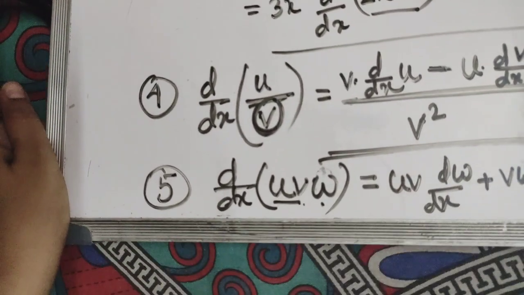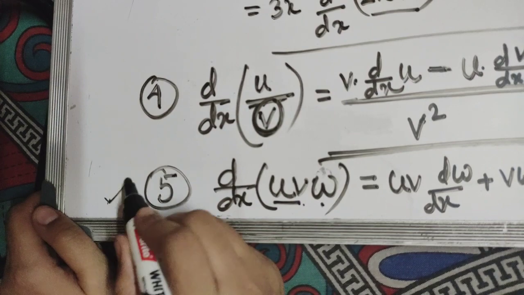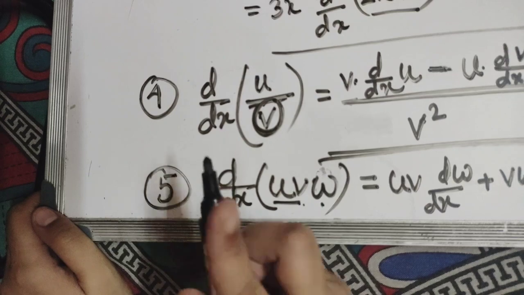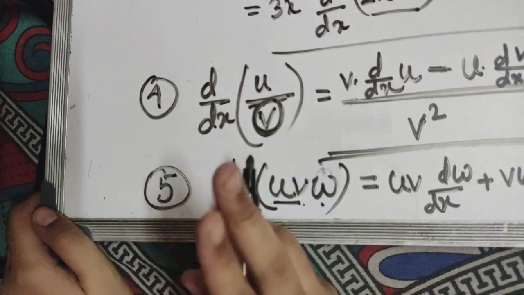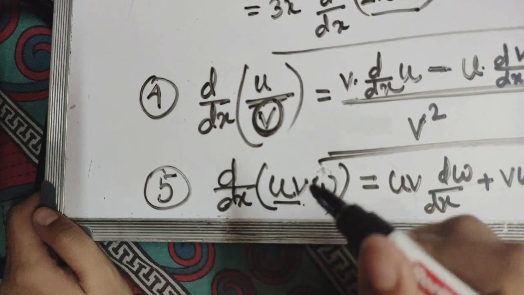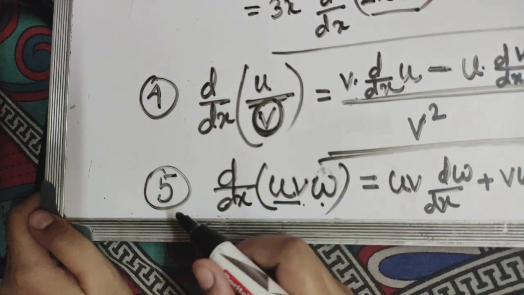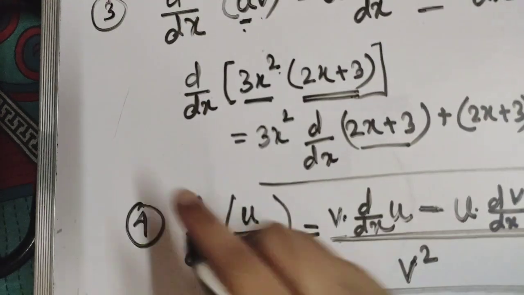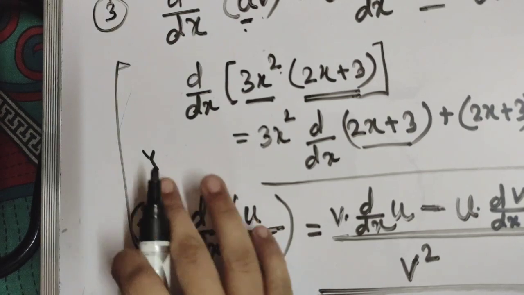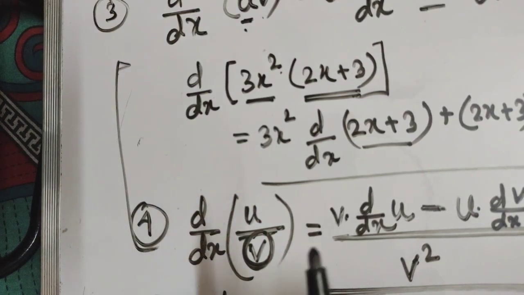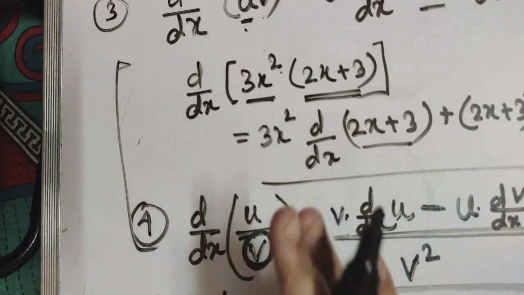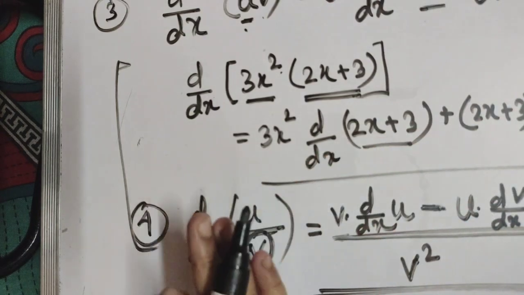So that is the formula here, and up to this there are the 5 fundamental rules of derivative, and with the first one, addition and subtraction, both are there, so you can say there are 6 types of fundamental rules in differentiation. So that's all for this session, and I suggest you write these 6 formulas in your copy and practice them. If you write them 2 times, I assure you that you will remember the formulas.